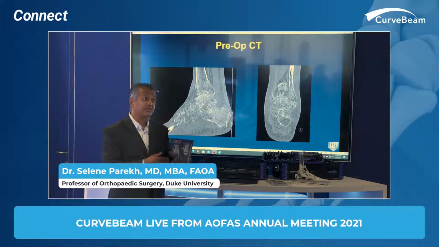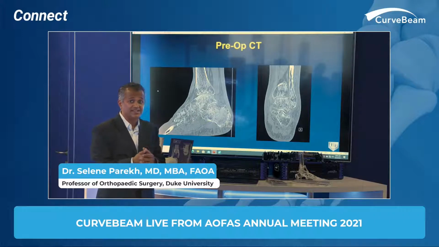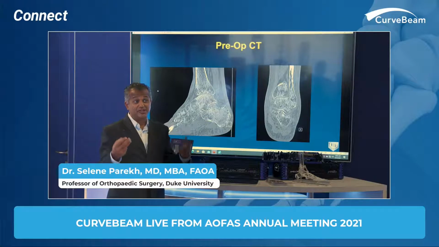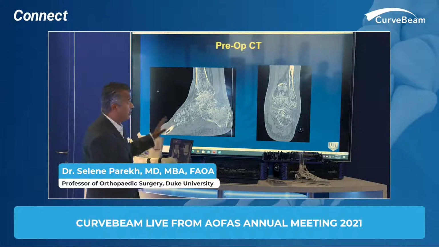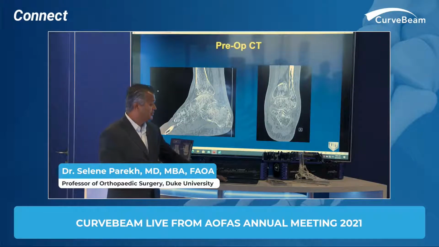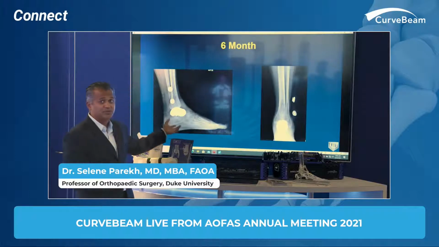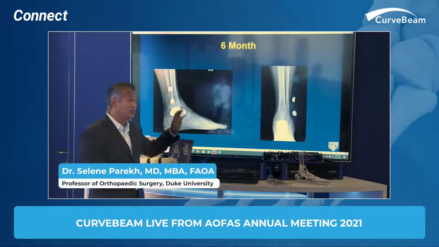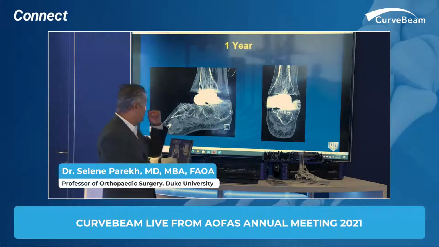The problem is that once a patient has done a CT scan, most insurances will not pay for an additional CT scan to be done in the first 3 months. So we go off what we have, we create a patient-specific total talus replacement for her. She gets that done. She does well for about a year, but then comes back to see me and is